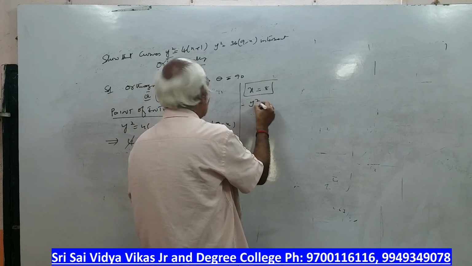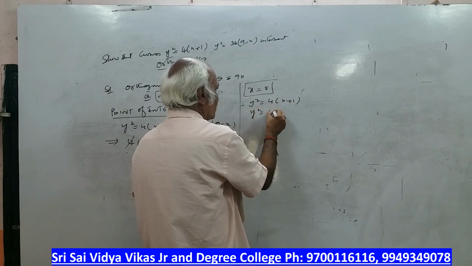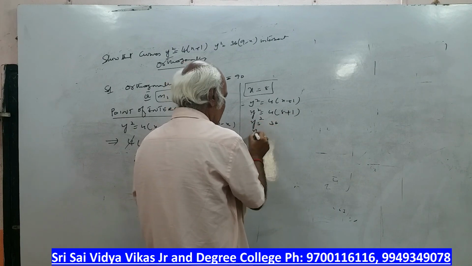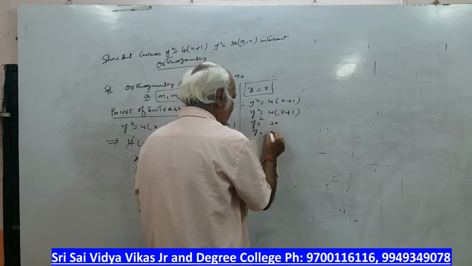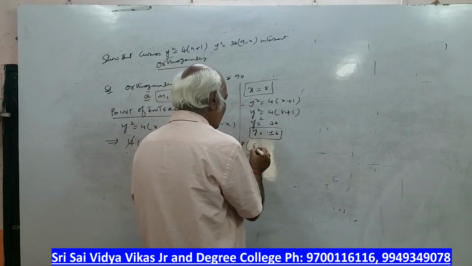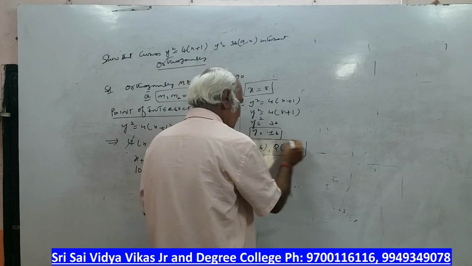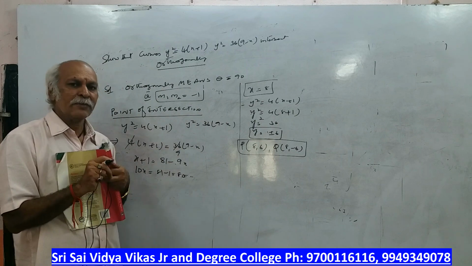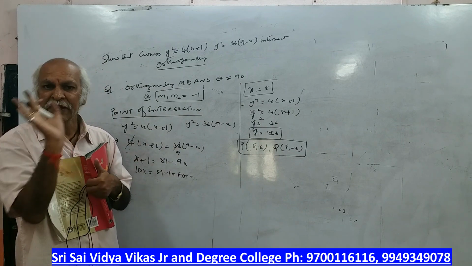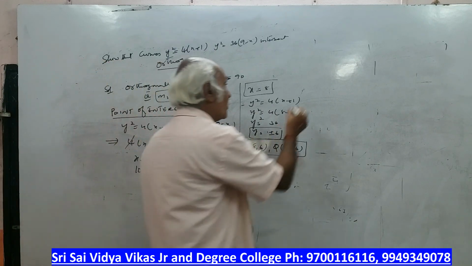Therefore, y square is equal to 4 into x plus 1. Y square is equal to 4 into 8 plus 1, 9. Y square is equal to 36. Y is equal to 6. Here, only for this problem we write plus or minus. So P point is 8 comma 6. Q point is 8 comma minus 6. We consider 2 points, because the condition is asking orthogonally. That's why you are taking plus or minus. If we simply ask for the angle, we only consider the plus sign. This is very, very important. So we got the point of intersection.